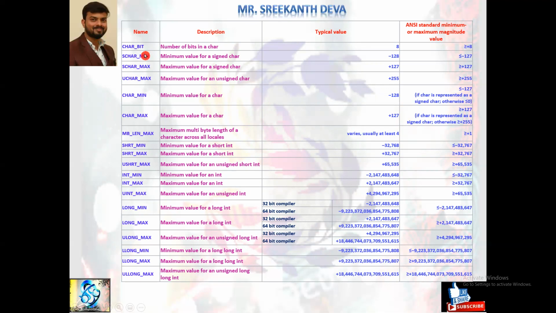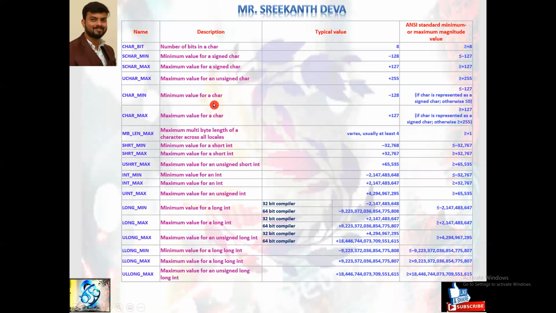See, this is the detailed name, constant name, description, typical value, ANSI standard, minimum or maximum magnitude value. Like CHAR_BIT, number of bits in a char, occupies 8 bits. SCHAR_MIN, minimum value of a signed character is minus 128. SCHAR_MAX, maximum value for a signed character is plus 127. UCHAR_MAX, maximum value of an unsigned character is 255, 0 to 255 unsigned characters are there.